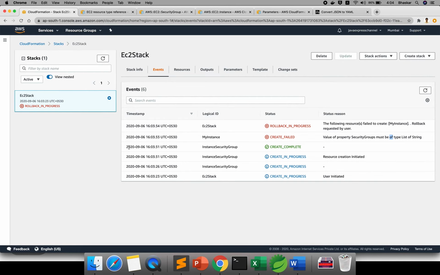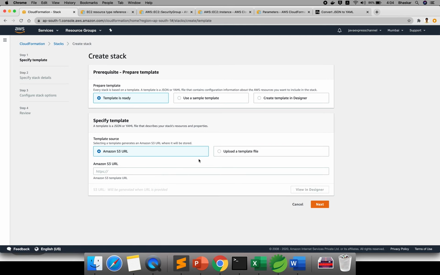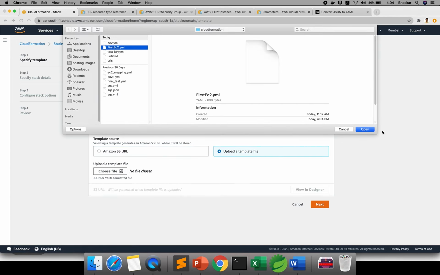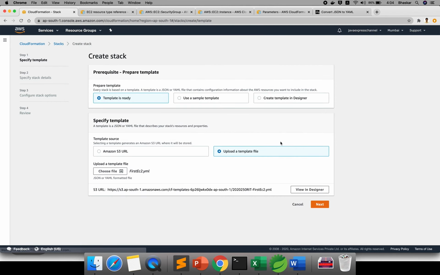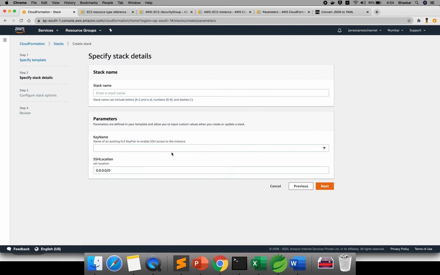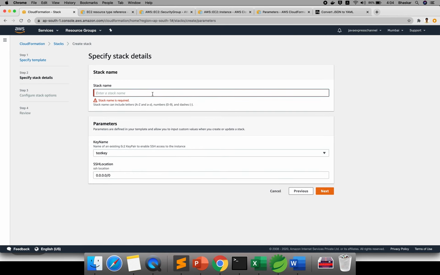Okay, this is what it is saying. Now again let me go to the stack option and create a stack. In this way you need to check your design also. Let me click on next. Here let me give the key. Next, here I'm giving EC2 instance 1.